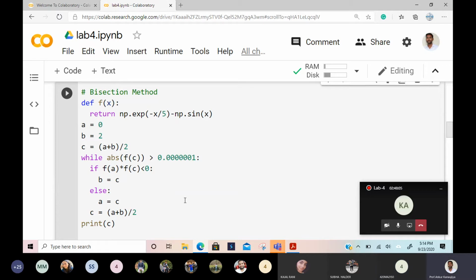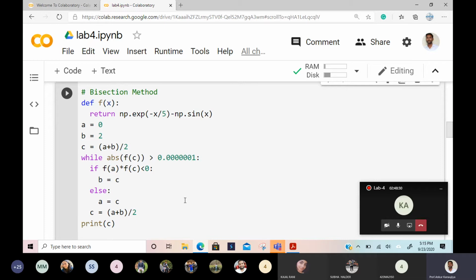So that point means f(a). If you choose interval AC, f(a) should be positive and f(c) negative, right? Yes, sir. Or the reverse: f(c) is positive and f(a) is negative. So the same thing I am writing: the product is negative. Either one can be positive, it doesn't matter; the product of f(a) and f(c) will always be negative.